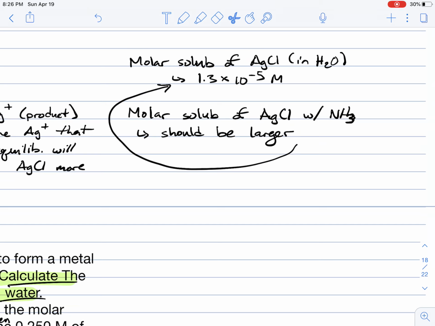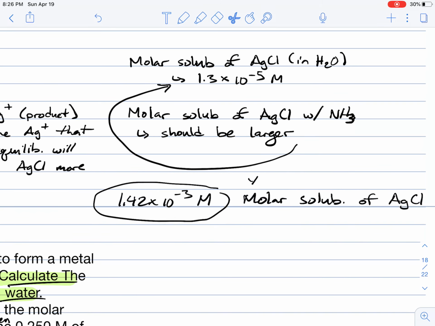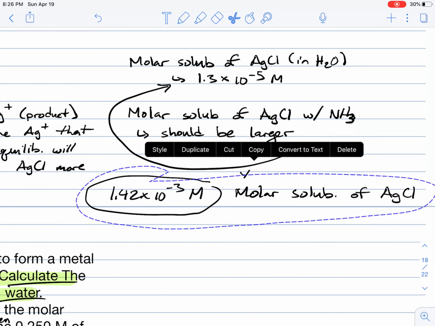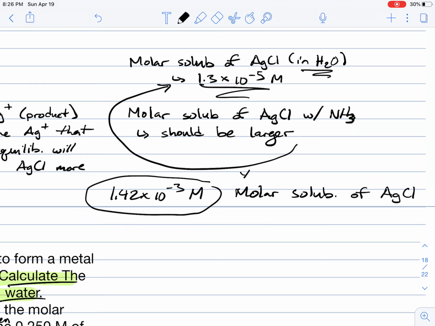And so here we can quantify this concept. If we look at what its molar solubility is in water, which is 1.3 times 10 to the negative 5 molar, and we've just now calculated the molar solubility of silver chloride in the presence of ammonia, which is 1.42 times 10 to the negative 3. And so we predicted that this value, the molar solubility, should be larger than 1.3 times 10 to the negative 5, and it is. 1.42 times 10 to the negative 3 is much larger than 1.3 times 10 to the negative 5. So you can see that this silver chloride has become more soluble by almost 2 orders of magnitude,